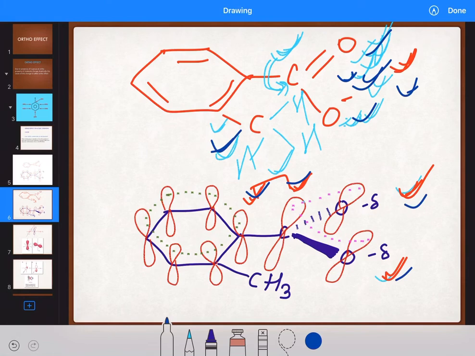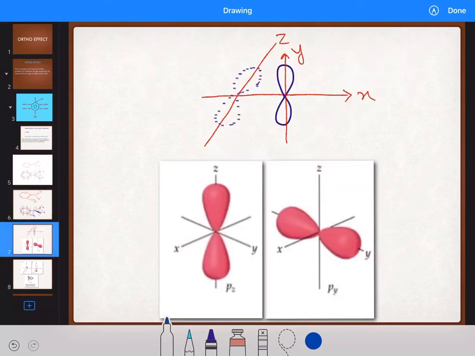Okay. Now see, for these two orbitals, what is happening? One is on the z axis, meaning above the plane of paper, and the other one is in the perpendicular plane. Now we rotate it to come into the plane of paper, meaning the xy plane, like this. Will they overlap each other?